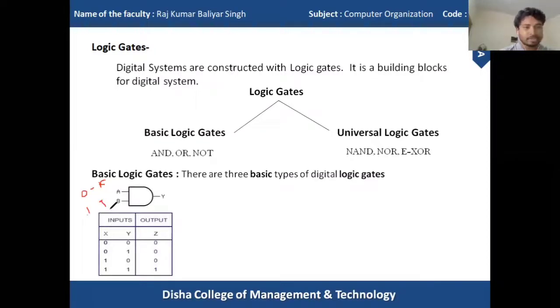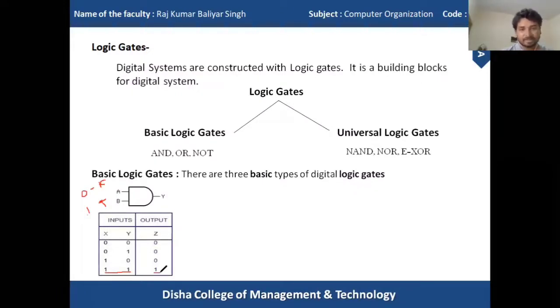So just look at this. If we supply two false values, we get the false value at the output side. If we supply a false value and a true value, then as I said, for the AND case, if any one of them is false, then the output is false. One is the false value and one is the true value, so we get the false output. But for this case, both are truth values, so we get the value 1, a truth value. So this is the AND gate.